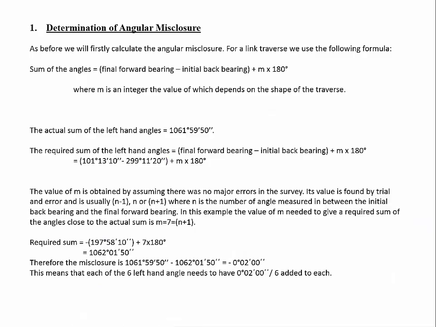Now I covered angular misclosure in the lecture, so I'm going to go over it very, very briefly on top of the slide that I had. I did work through this in the lecture. It's important to go through because it is different for loop and link traverses, and you need to know both. You need to know how to do a loop traverse and how to do a link traverse, because either one of those could turn up in the end of term test, and it's quite a large weighting of that last test. So this is different for loop and link traverse,